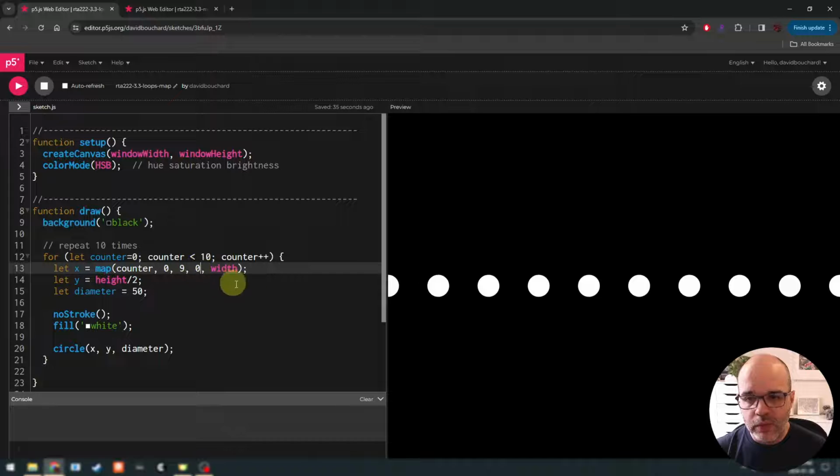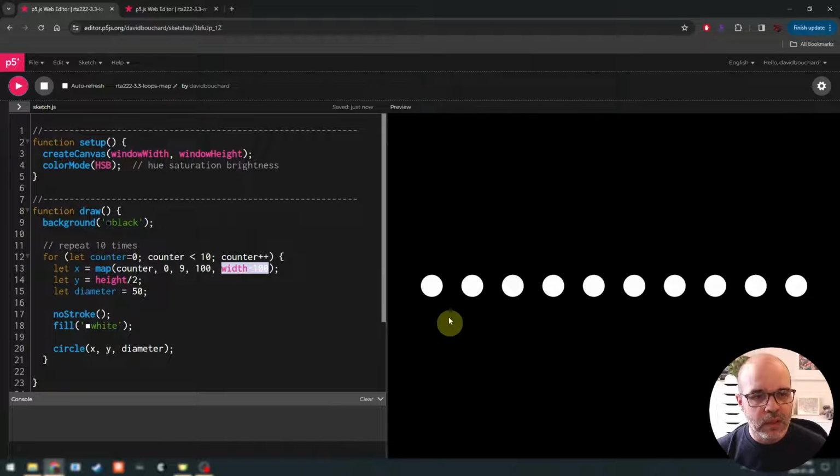Maybe we wanted to go from 100. Let's make it more precise. I'm going to go from 100 to width minus 100. Now I can say the first one starts here, the last one ends over here. So we get to decide what those boundaries are,